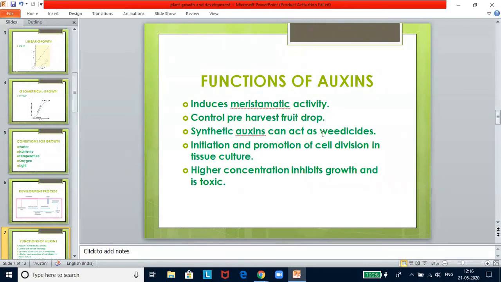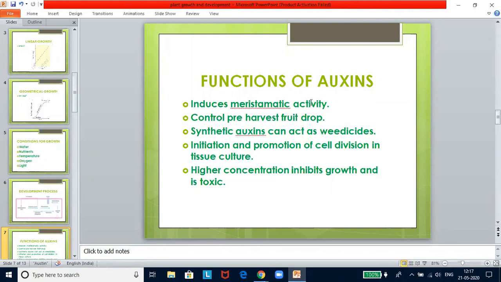The auxin from the agar block diffuses down through the coleoptile along the side to which the auxin agar block is placed. An agar block without auxin is also placed on another decapitated coleoptile, and this serves as the control. Within hours, the coleoptile with auxin agar block bends on the side opposite to which the agar block is placed. This curvature can be measured. No curvature is observed in the control coleoptile on which agar block without auxin has been placed.